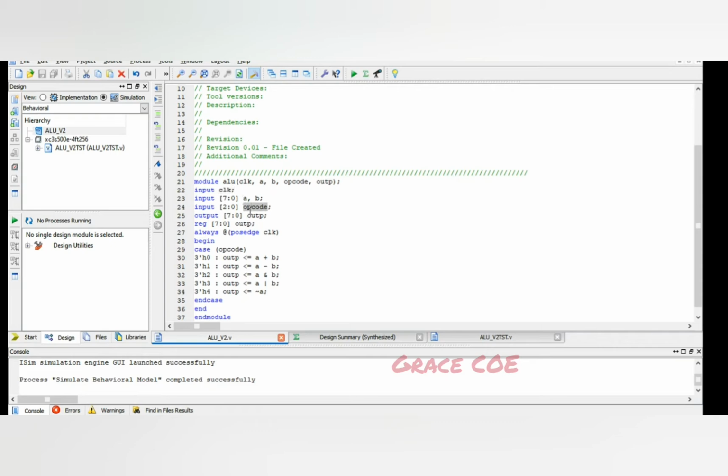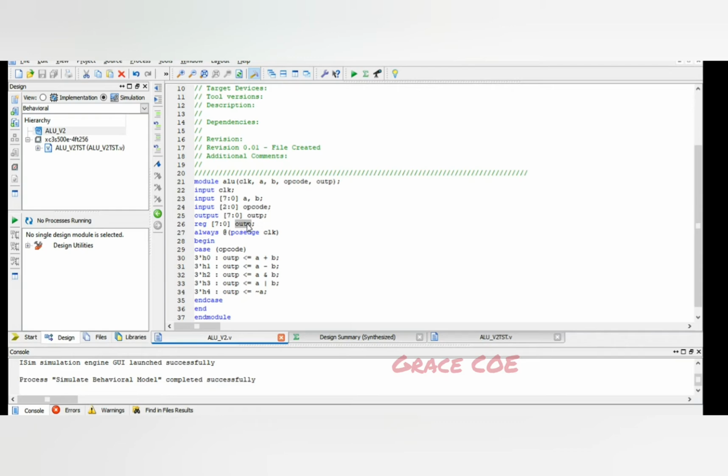And we have the opcode, which is a 3-bit word. So this is the selection which will decide what operation the device will have to perform. This has been given over here under this case statement. So this is the selection which we'll be making, and the output will be given in this port. And here is a register which is used to temporarily store the output.